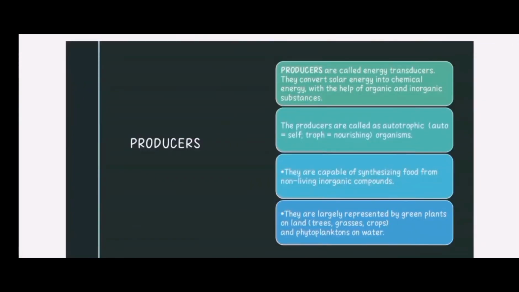Producers. Producers have the ability to produce food by the process of photosynthesis, turning the energy from the sun into chemical energy. Plants are the most common producers in the ecosystem, but algae and some types of bacteria are also producers who can produce their own food. The sun is the main source of energy within the ecosystem, and these producers have the capability to make their own food using this energy, which makes them essential to all other life. Without producers, we cannot turn that energy from the sun into our food.